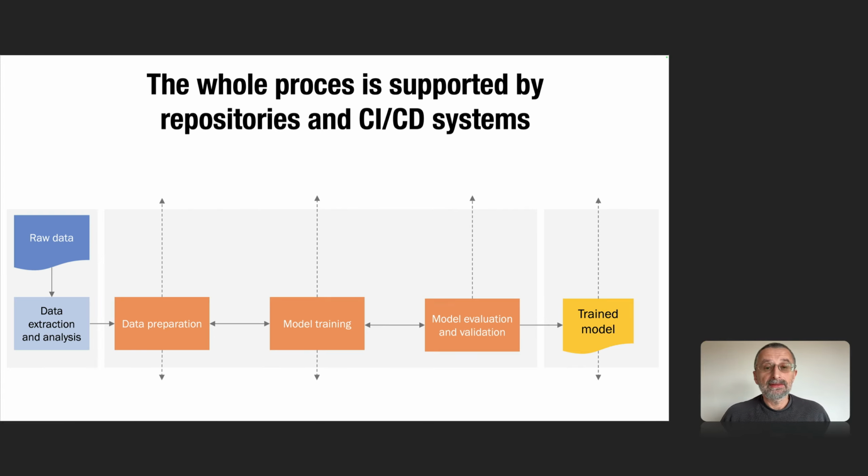Okay, next very important fact. The whole process is supported by repositories and CI/CD systems, continuous integration and continuous deployment systems. Now let's have a look at this supporting infrastructure, supporting systems. And we start with data prep. One of the most important structures here are so-called feature stores. You can compare it to a database where you store pre-computed features, which may later on be